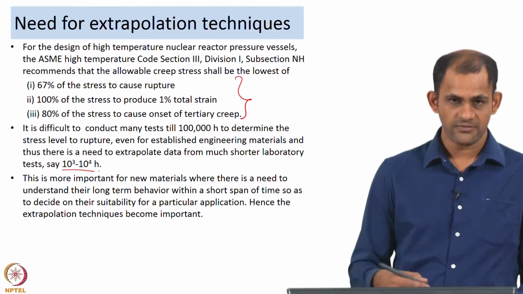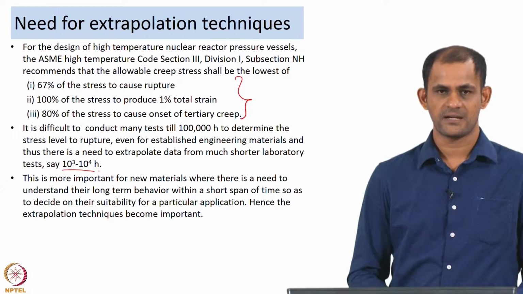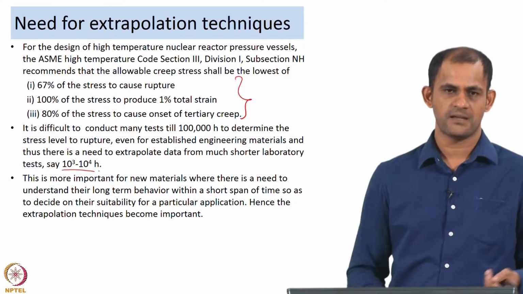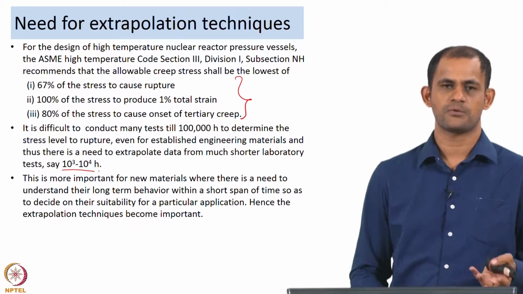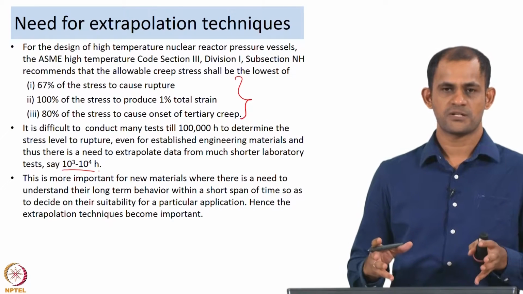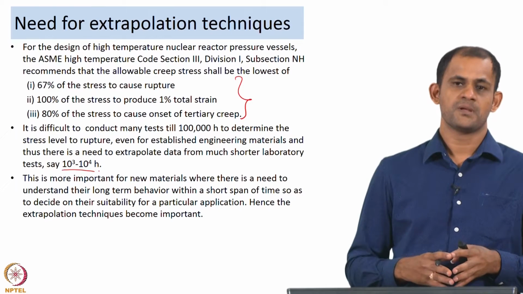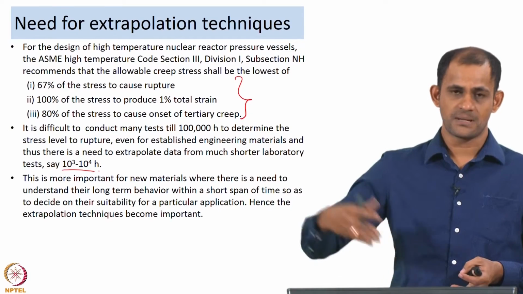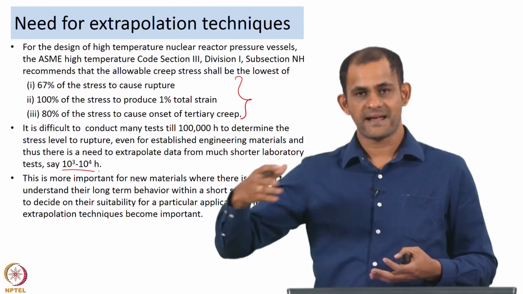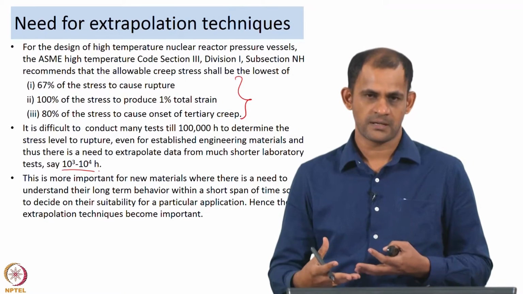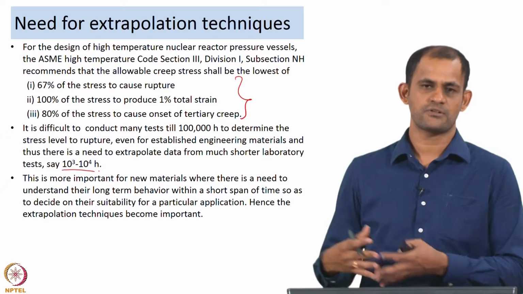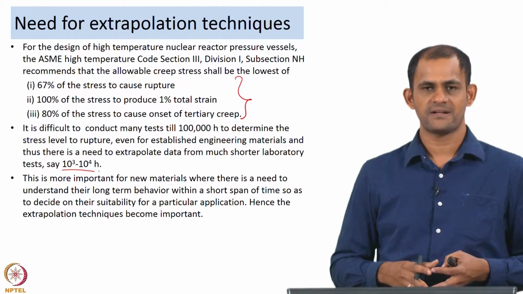Now, such kind of an extrapolation technique is more important for new materials. So, if you are coming up with new materials, say nanocrystalline materials, so we are talking about nanocrystalline materials as structured materials. Now, there is not much data available as such. For some of the other alloys or materials such as steels, aluminum alloys, there is decades of data on the creep performance of those materials, but if you are talking about new materials such as nanocrystalline materials, there is not significant data available.